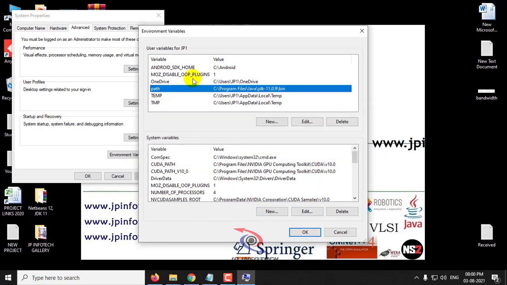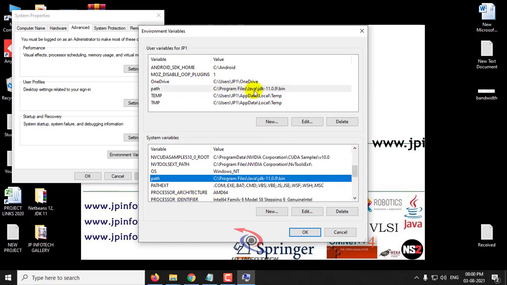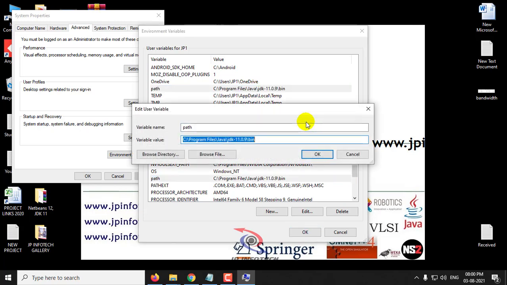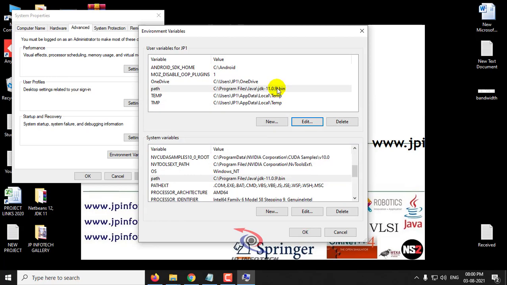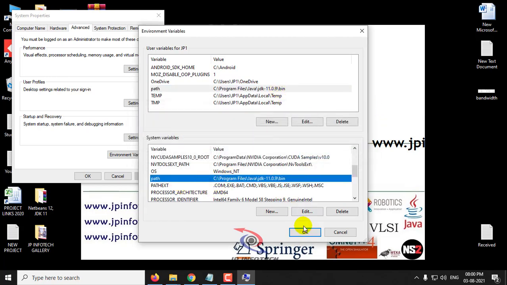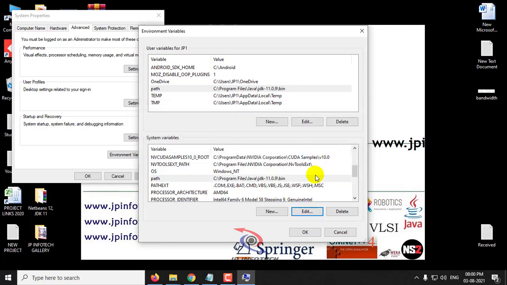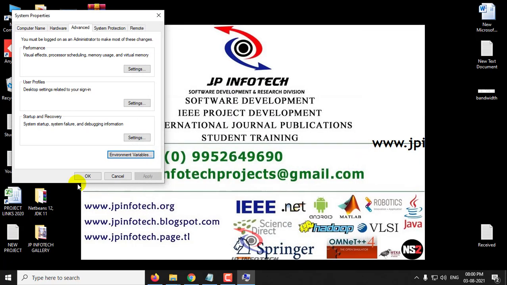In both you can see the path now. If you want to edit it, you can just click it and edit here. Now click OK and click OK.